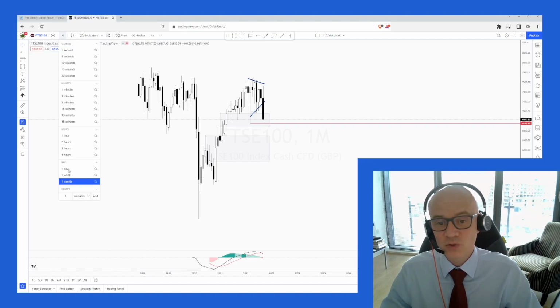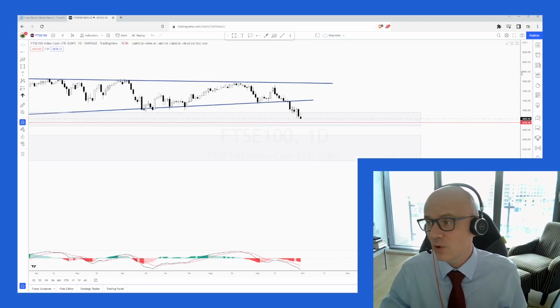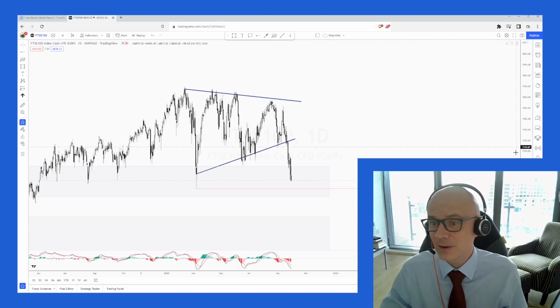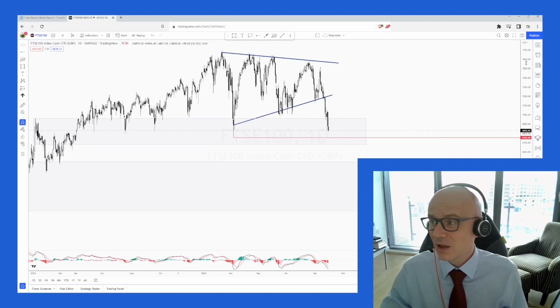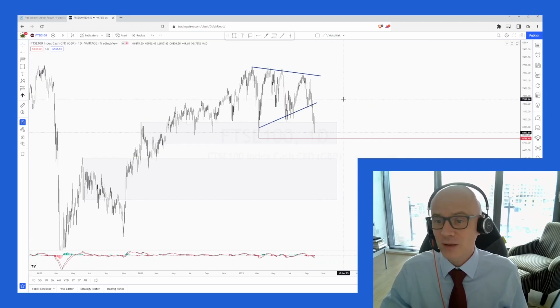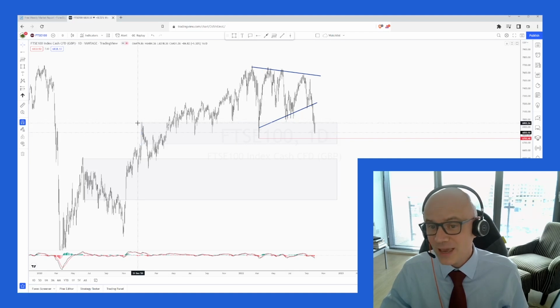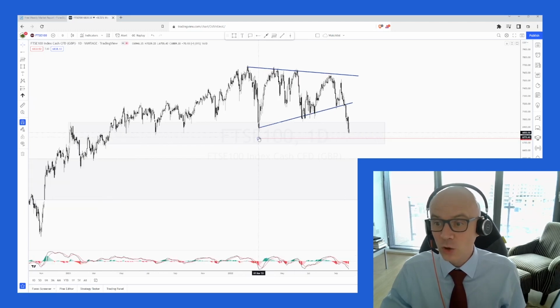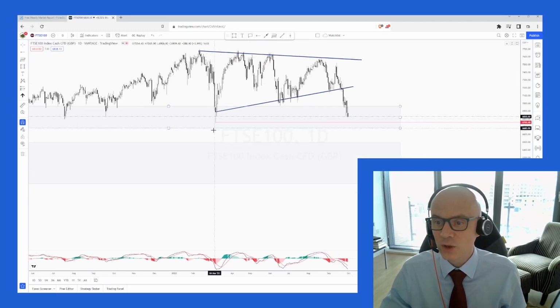Just taking it down to a daily, you can see that we've broken out of this potential pennant area that didn't completely fully form the way that we thought it was going to, and we've broken to the downside. Now, just pushing into this support zone here of 6,965 all the way down to 6,680. Now, our March lows this year from 2022 come in here where this red line is, that you can see